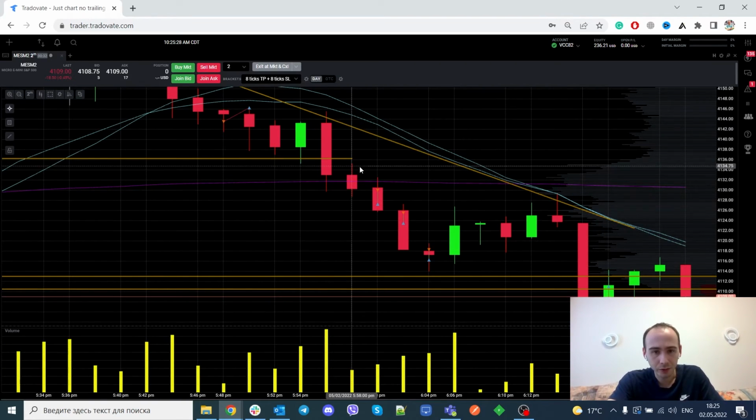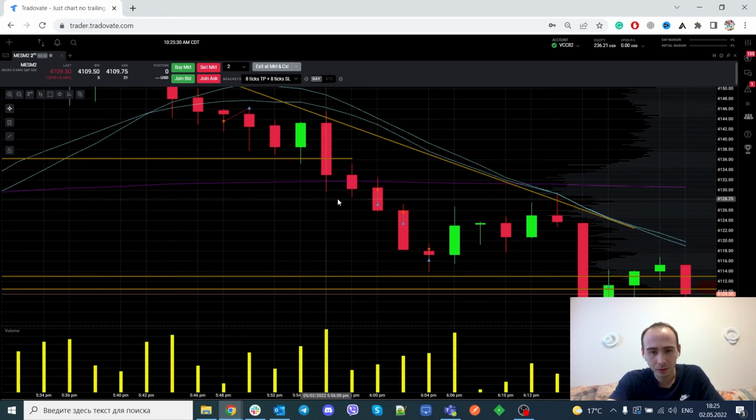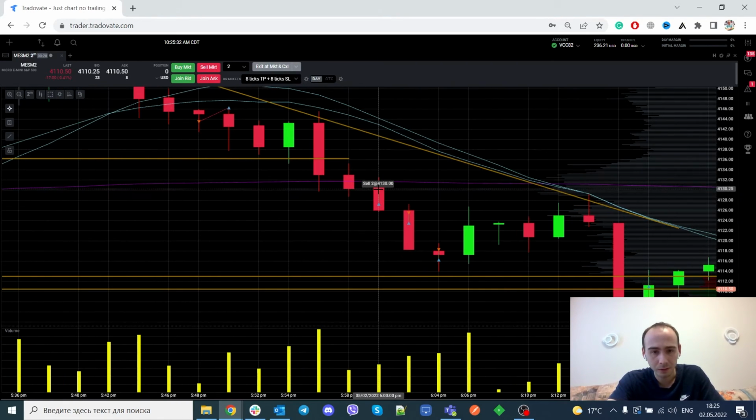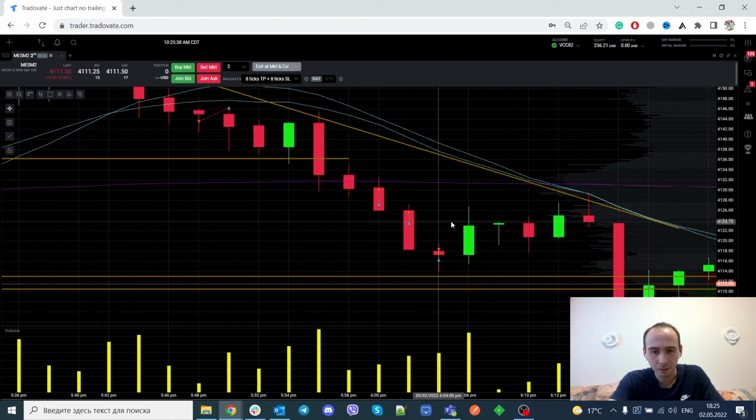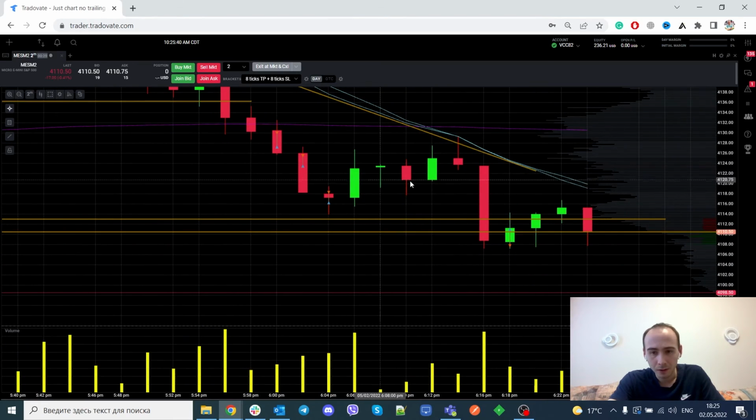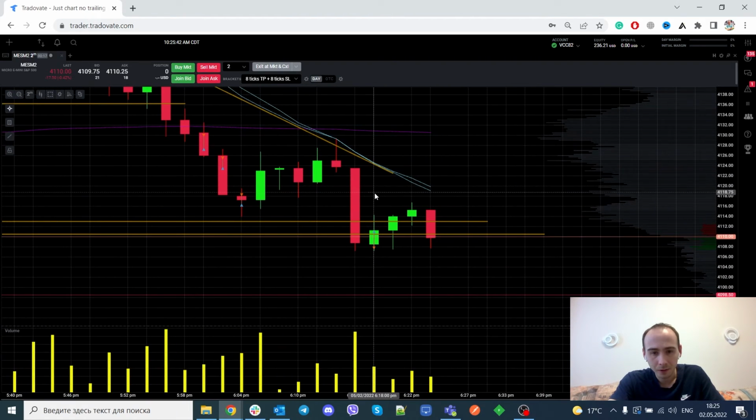I saw the bearish trend. I saw two negative bars. I entered at the closing of the bar, and I got my 27 bucks. And at the end